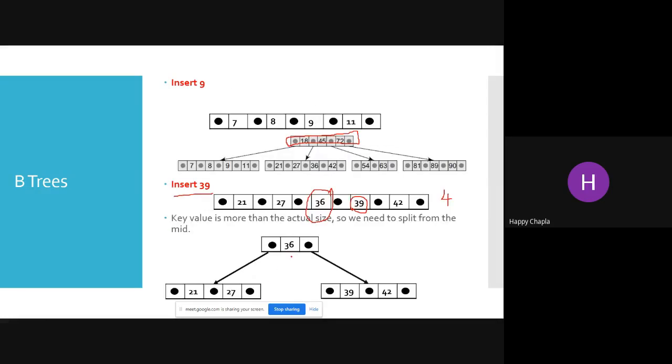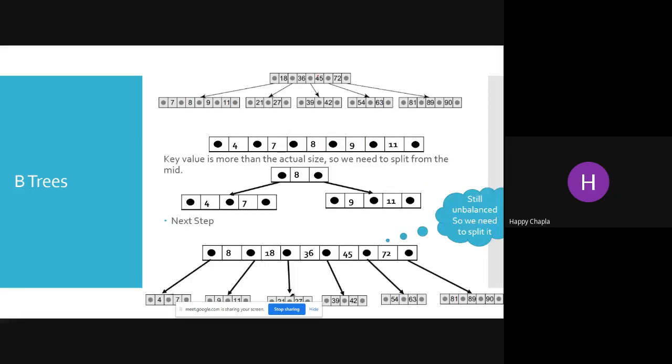So clear? This 36 we cannot insert over here, with 21 and 27. Why? Because all the leaf nodes are at the same level. So we have to check whether my parent node can contain the value of the child node as 36. Yes. So where can we insert? Over here. If the maximum number of keys already existed, then we would need to split that root node also. Okay, but it's not. So the scenario is something like 36 is stored over here, and we are just splitting those nodes. Clear?